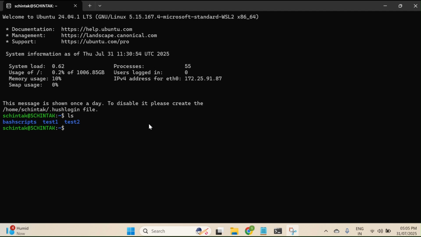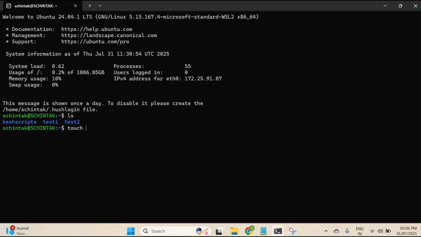Today we'll discuss file level permissions in Linux. How can we grant permissions, and how can we see what level of permissions we have granted for a specific file or folder? Here, for example, let me create a file